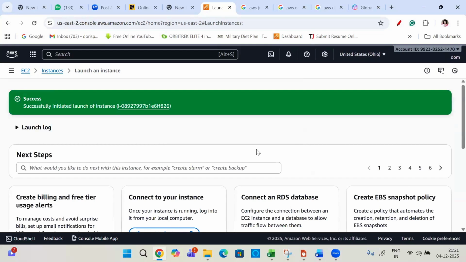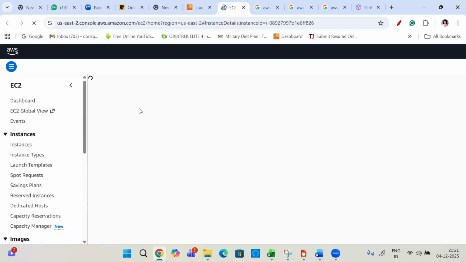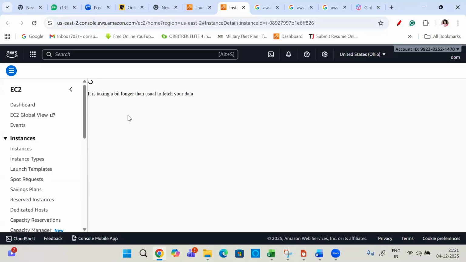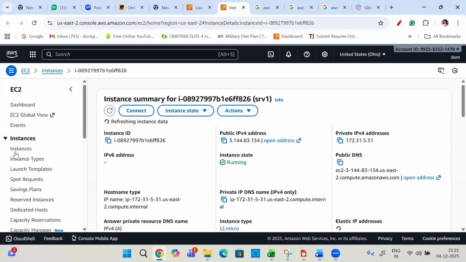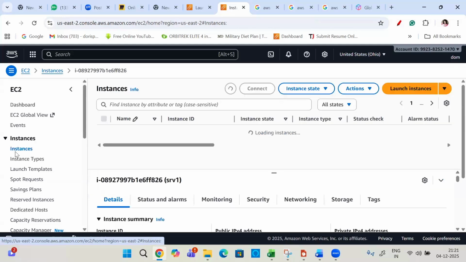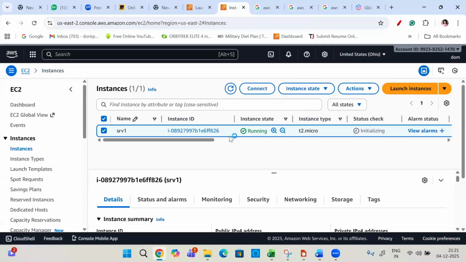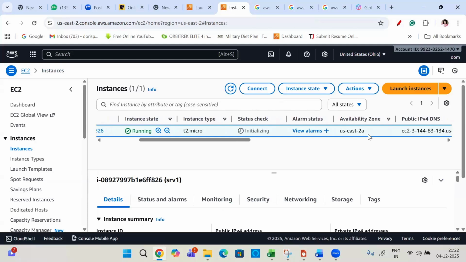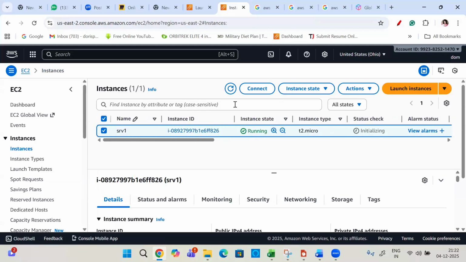You can see how much time it took. It hardly took a few seconds. But what exactly happens is, it would have shown not even 10 seconds, but it will take some time to launch that particular instance. You can see this has to initialize, which will take at least a minute. Then which zone, what my address is, and the ID of that instance, all these details will be coming.